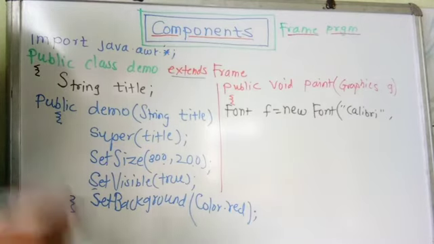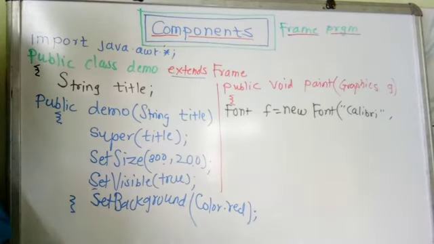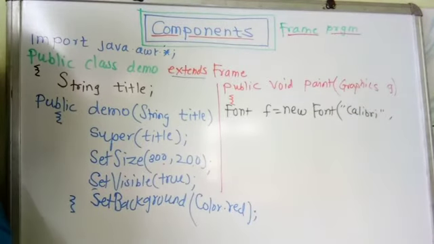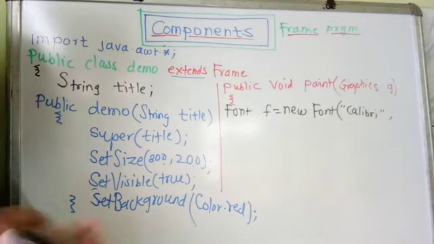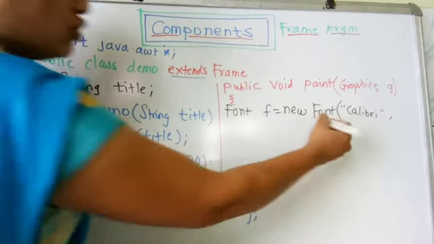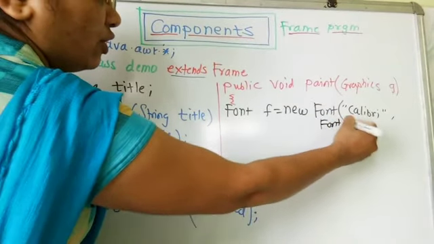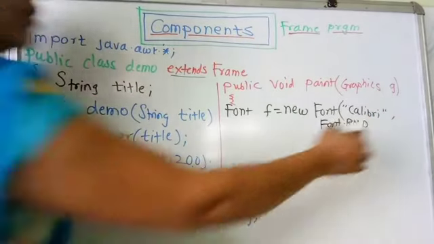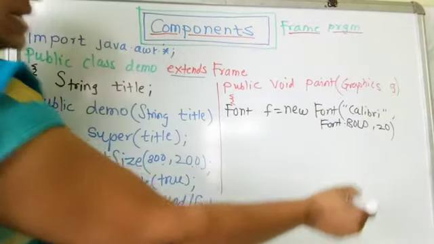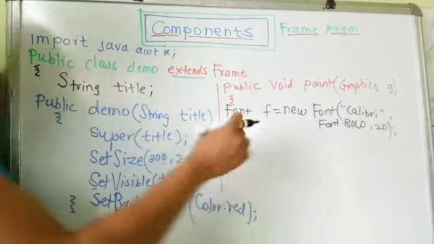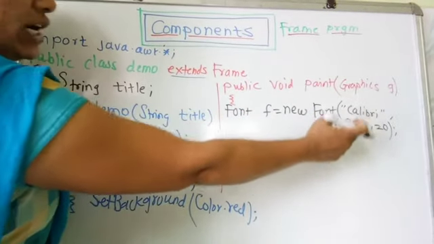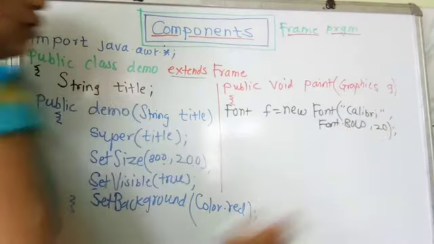In this, we can take many parameters. Like we had specified the font name, then we can set the font style, like font dot bold or italic and so on. So we will take here the font dot bold. Then we will specify here the font size and complete this class. Means font is a ready-made class available with these parameters like font name, font type and font size.